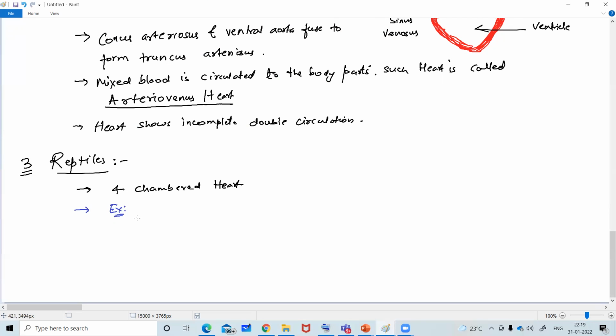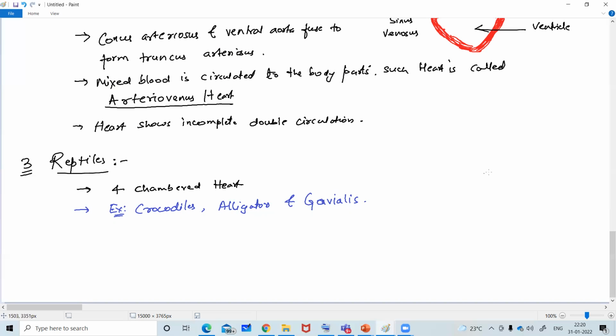The four chambered heart is found in crocodile, then alligators, and gavialis. So these three organisms have a four chambered heart. But in other reptiles, there is a